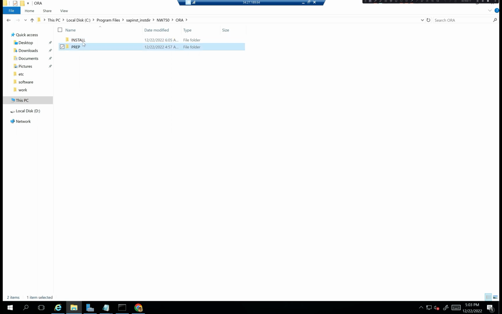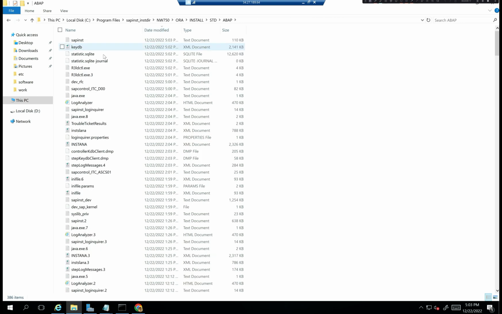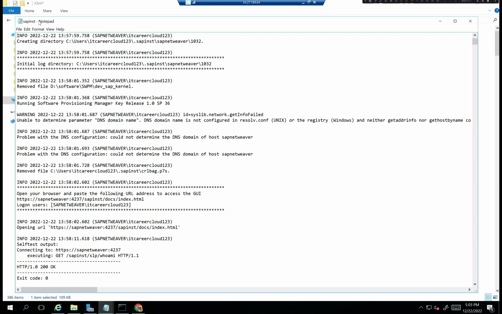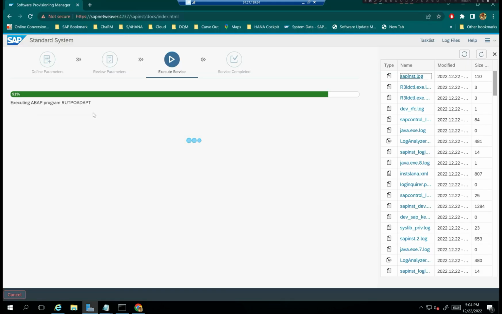So you see there are prep and install. You remember we executed prep before, the preparation, right? And now it is the actual install of the ABAP system. Click on the date modified, and it will show you the latest log file to check. Okay, so these are the installation log files created. If there are any issues and you want to troubleshoot, you can come here and look into those. I'm closing it and going back to the